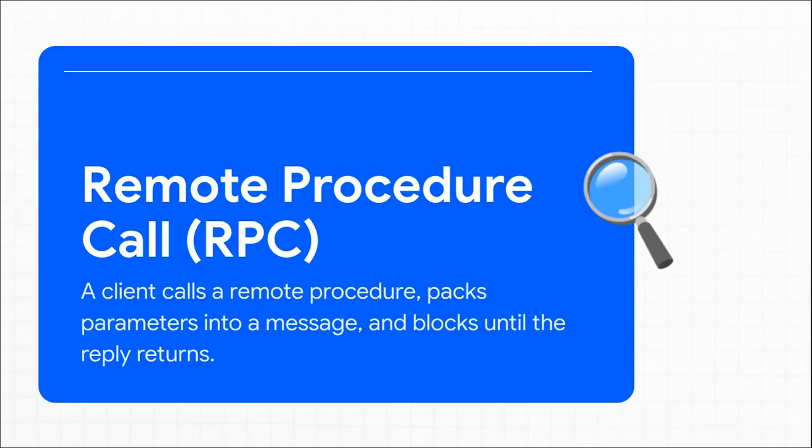One popular way is something called a remote procedure call, or RPC for short. The best analogy for this is a direct phone call. Imagine you need information from another office. You pick up the phone, you dial their number, you ask your question, and then you wait. You are stuck on that line, you can't do anything else until you get your answer. It's very direct, it's immediate, but it's also blocking. We call this synchronous communication.